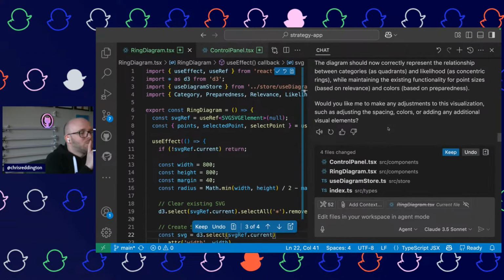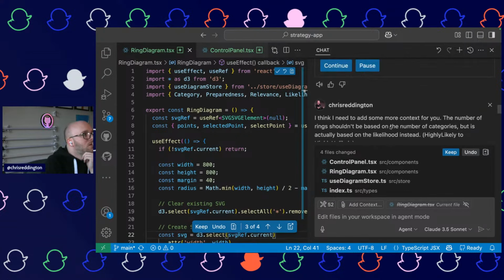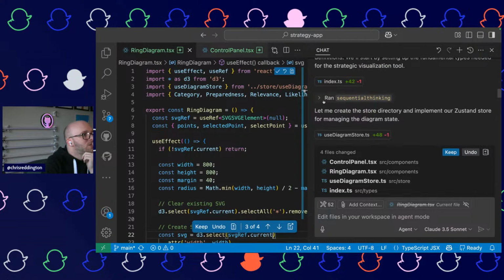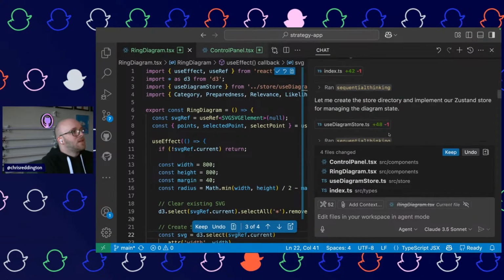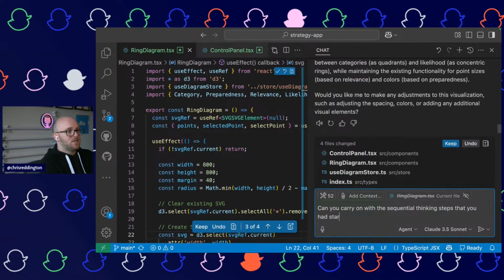Yeah, now that was what I was worried about. I think we've kind of fallen out of what we were doing with the sequential thinking. And you carry on with the sequential thinking steps that you had started.